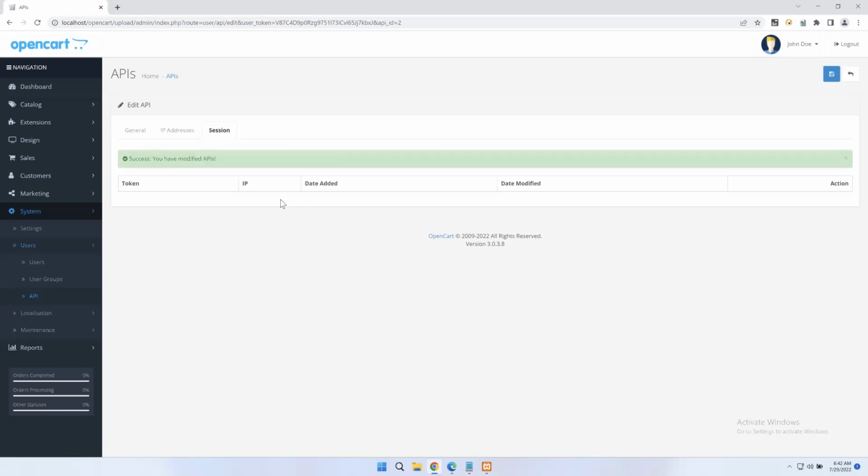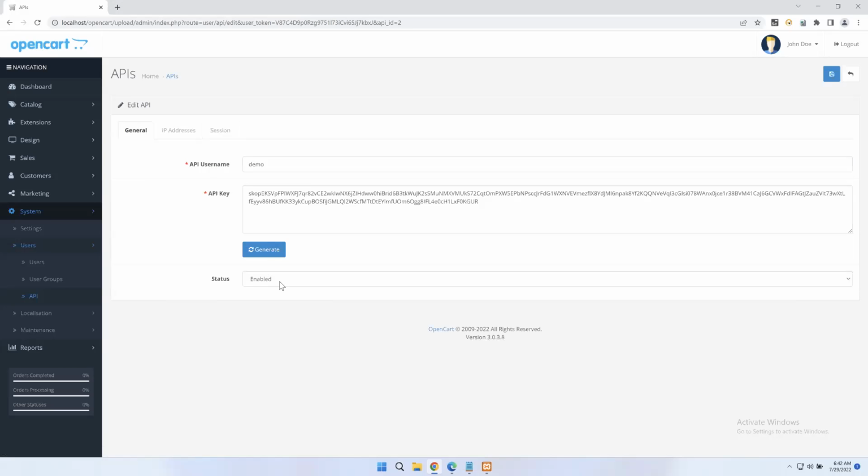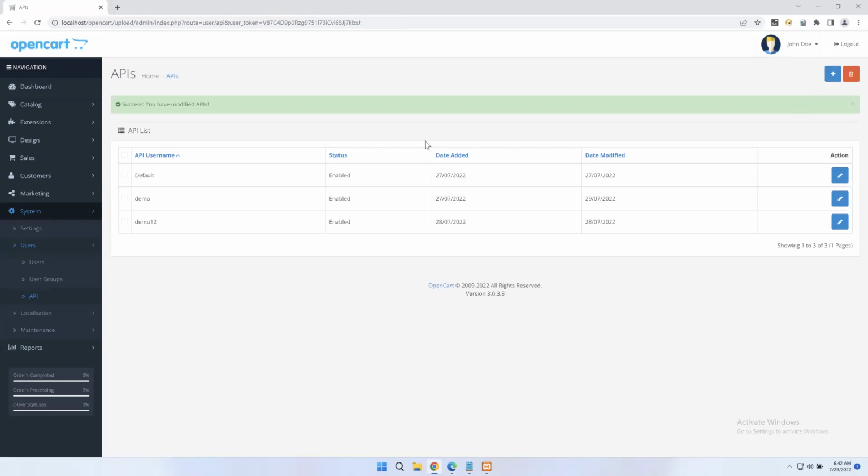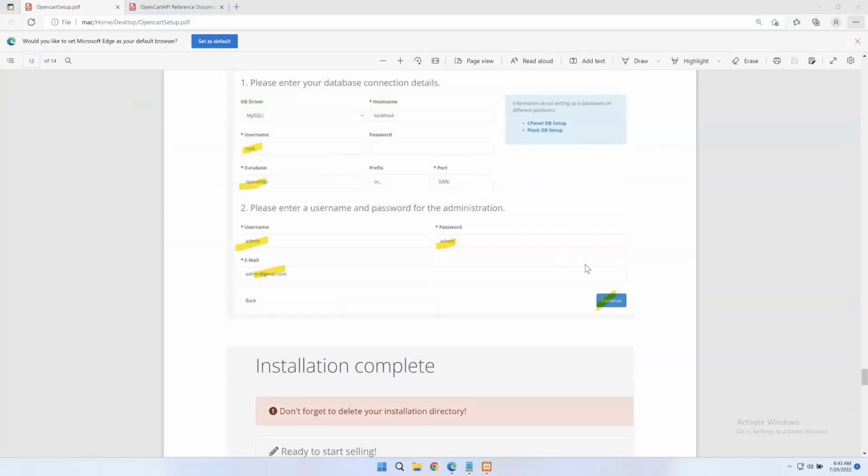So these are the sessions or tokens which are created through Postman request. Okay, so currently my ID is also in enabled state. So this is a basic setup you have to do. And then you can close your administrator or you can just minimize it, no problem. Okay, let me just close this for now. So once you have done the setup in the administrator, now we are ready to test the